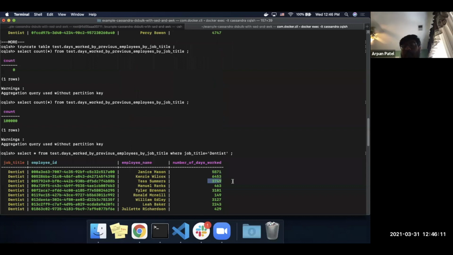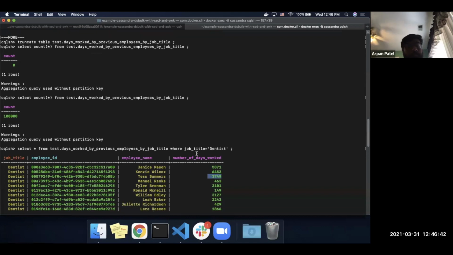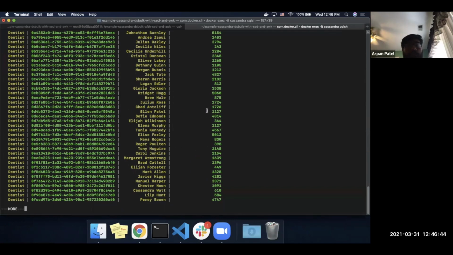So the data is still the same, but again, depending on the size of data you're working with and moving from DSE or Apache Cassandra or Astra, if you're working with, like Rahul said, terabytes of data, it might not be the best tool for it in general, but it may be better for you to decouple the process of write to a CSV and then load it after, or you can just take a single command and unload it, do transformations, and then load it into your new destination. But yeah, that wraps it up for this